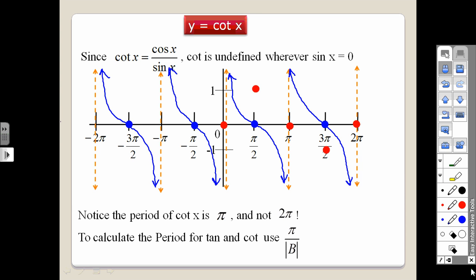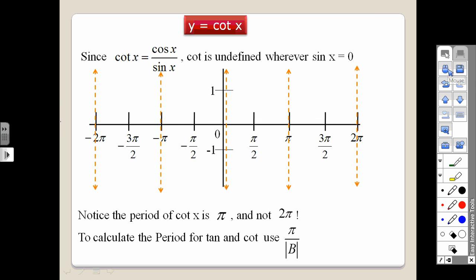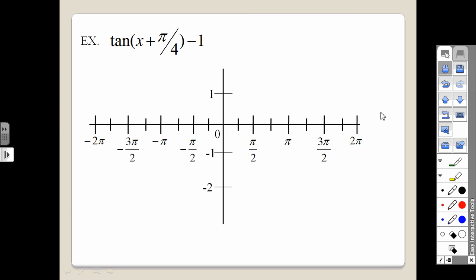Okay, so one last example. So now we have phase shift. We have phase shift in the horizontal direction, pi over 4 units to the left, and in the vertical direction, we're going 1 unit down. Okay, so first of all, what I'm going to do here,